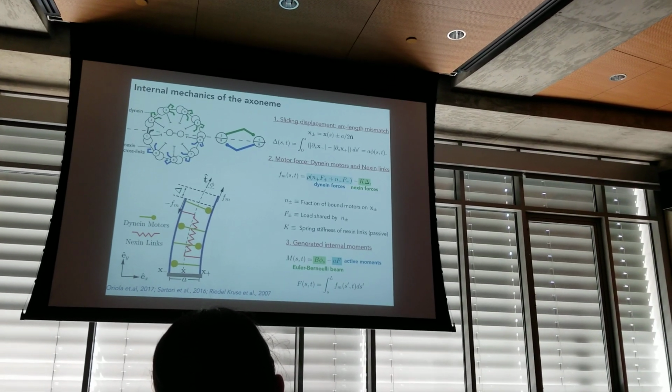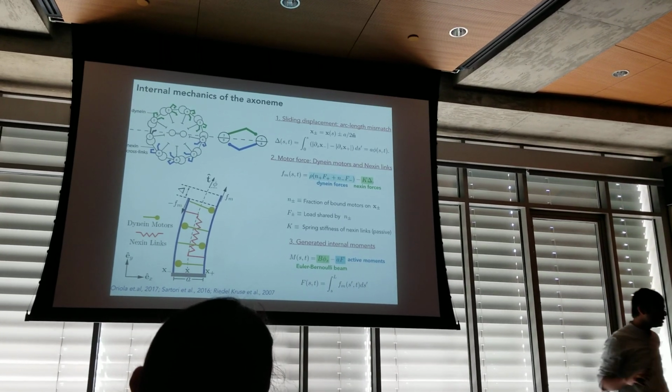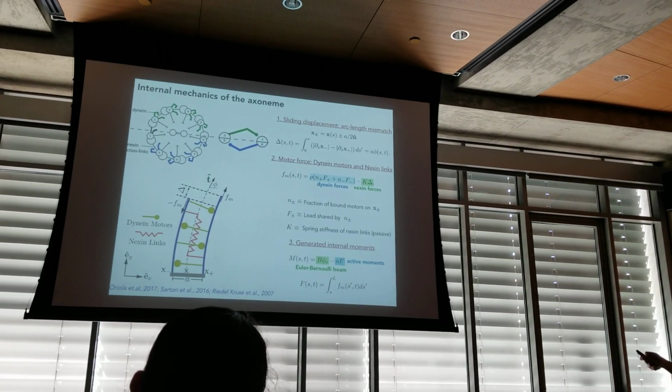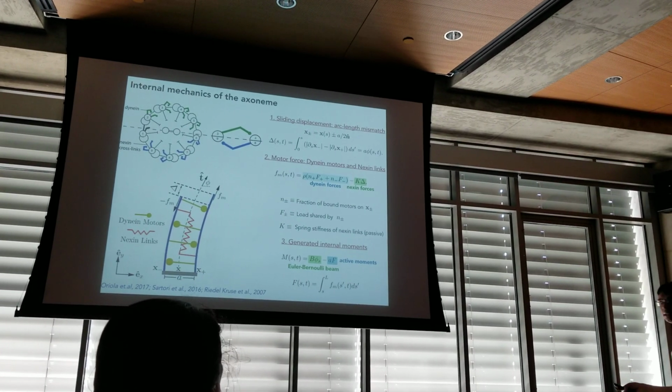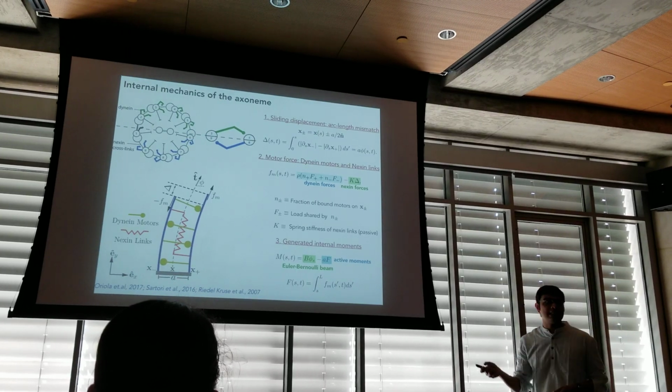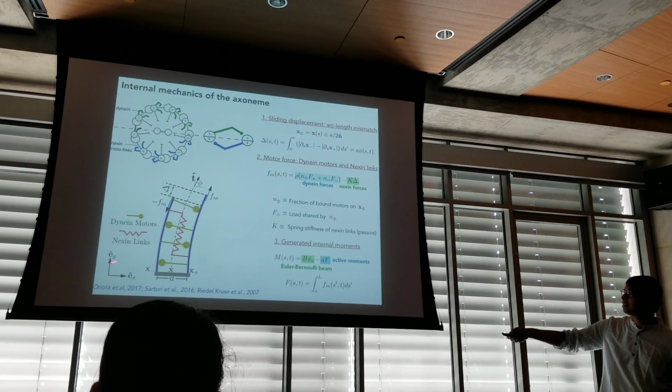So for the structural model, we coarse-grain this three-dimensional structure as a two-dimensional planar projection where the 9 microtubule doublets are approximated by two polar filaments, X plus and X minus, that are clamped at the base, separated by a distance a, which is the diameter of the axoneme. And I'm interested in the dynamics of the central line, that's X.